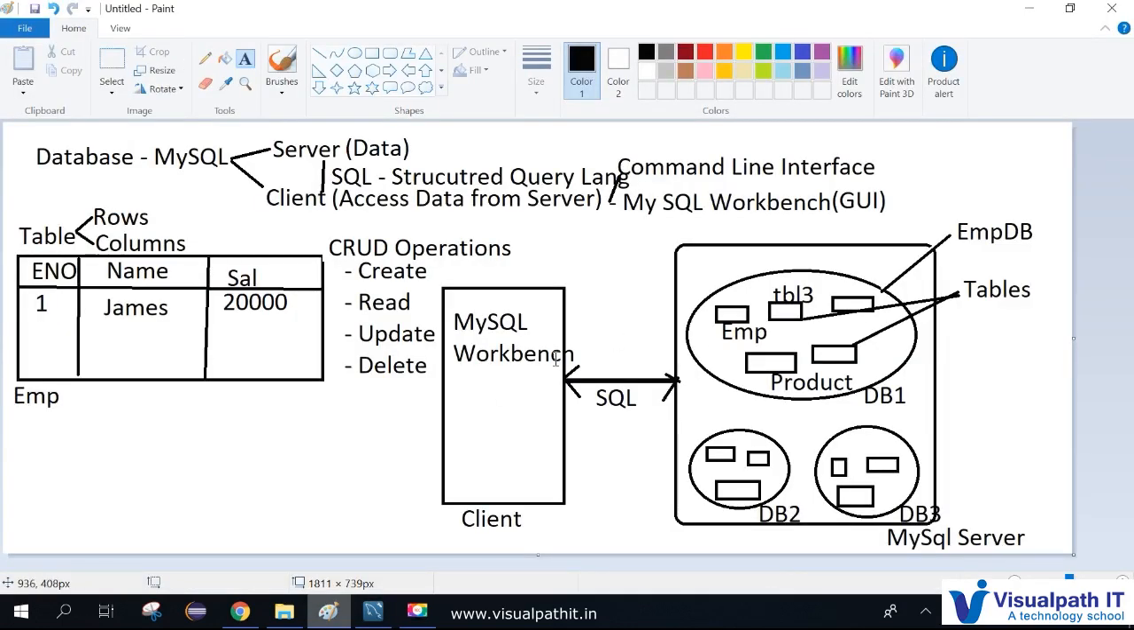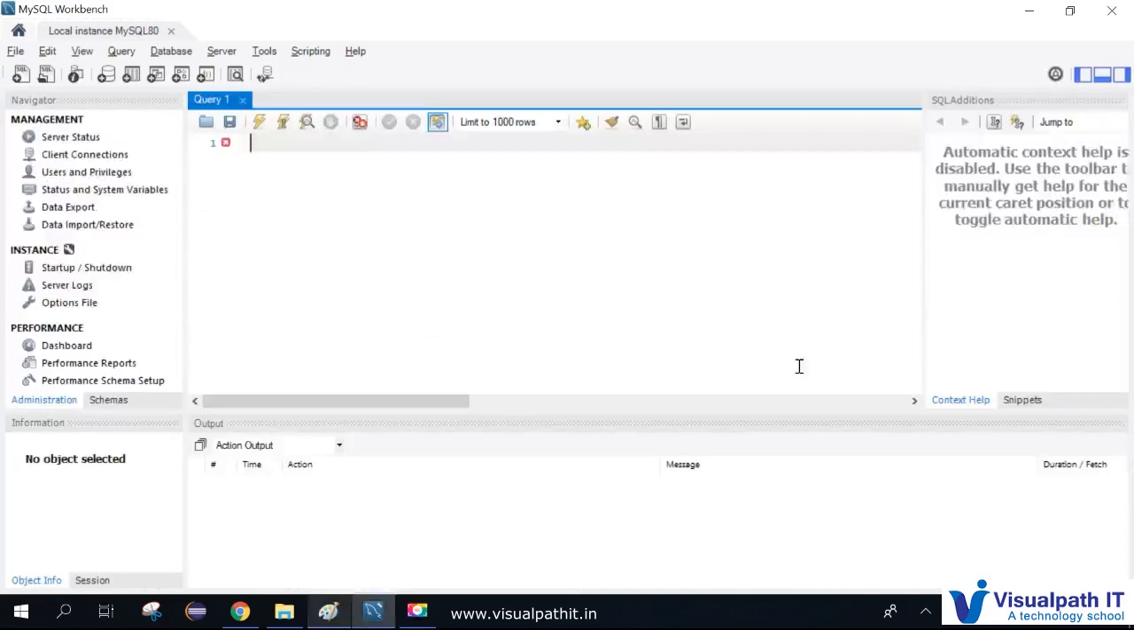The connection is established with the client, and now the first step is that we have to create a database. Before creating any database, we'll see what default databases come with the database server. Before creating any new database, we can see all available databases. To do that, we have a command called